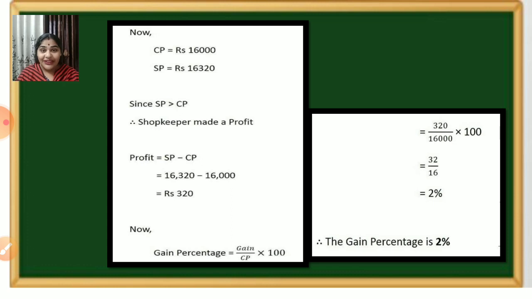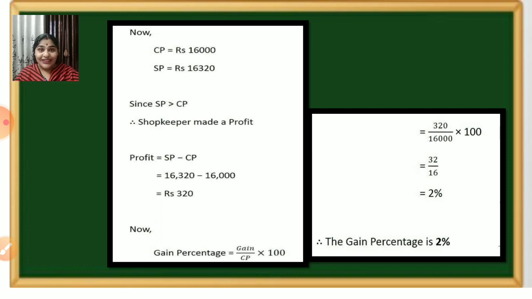I hope this was clear, children. It is a bit lengthy procedure, but once you understand the concept, it will be easy for you. So after watching the video, children, once try on your own. Try to write in a notebook, try to solve on your own, then the concept will be very clear. And we have only 4 formulas with us, that is about the loss, profit, profit percent and loss percent. So everything depends on how you use these formulas.